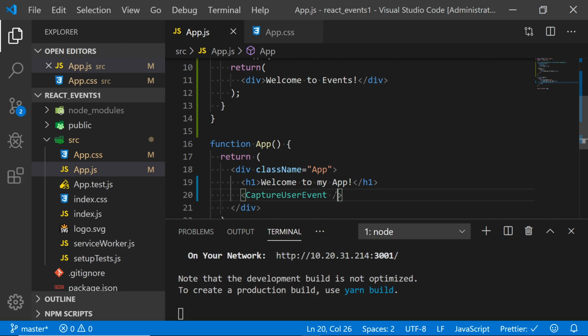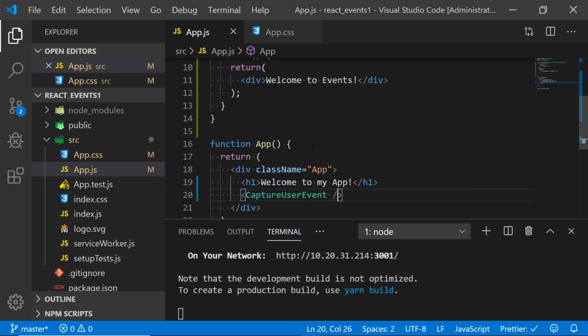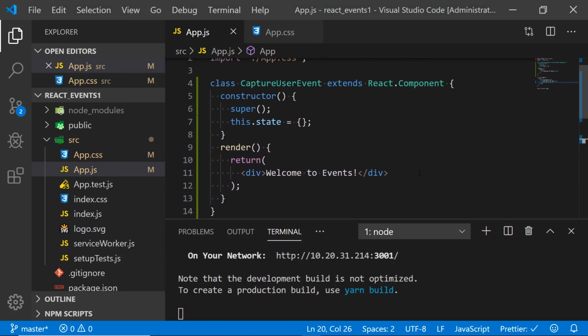Yeah, this is like if you want to write something inside, then you can use the other. You can open the opening tag and the closing tag, but because it's self-closing, we can do it like this. Now let's check that it's rendering. Yes, it's rendering. Okay. So now inside this component, I'm going to have a button,